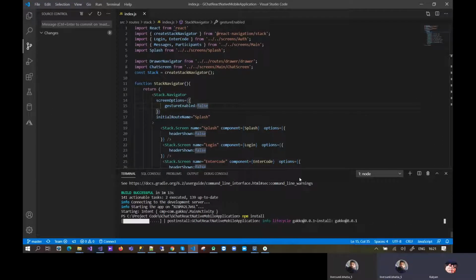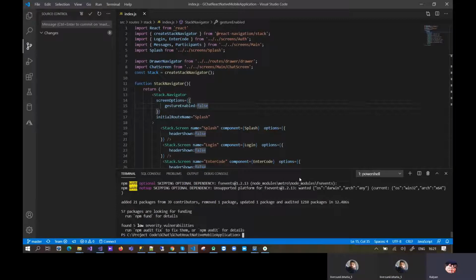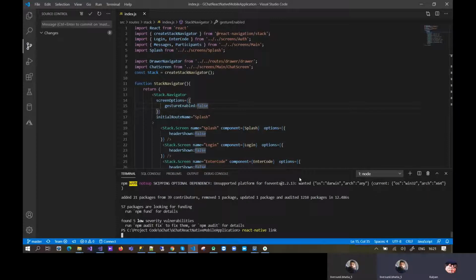Yes. Okay. And now the next one: react-native link. This one, right? Hit enter.